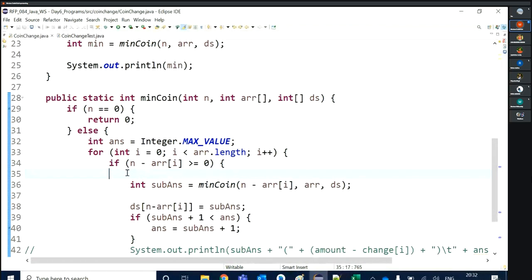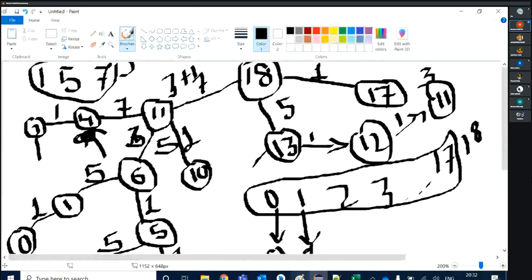Basically, what I'm asking you, are you getting my question here? Here I have saved the answer for the 11 amount. But now, whenever the next time 11 comes again in this path also, 11 is coming now. See, 11, 5, 12, 11, 13, 12, 11. Here also 11 is coming.